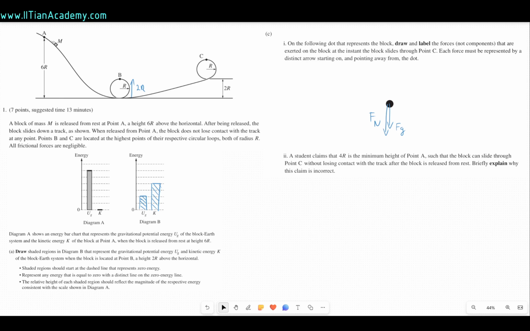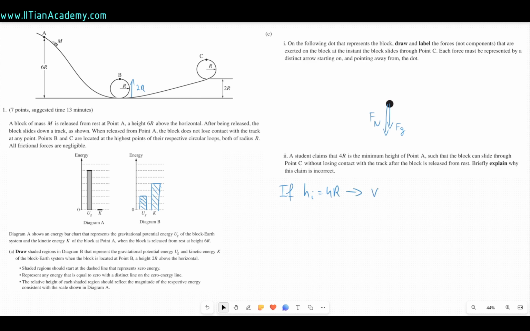And then in part 2, we need to explain why a student claiming that 4r is the minimum height of point A, such that it can slide through point C without losing contact. We need to explain why this is incorrect. Well, what we need to see is that if the initial height, so h initial, was equal to 4r, then